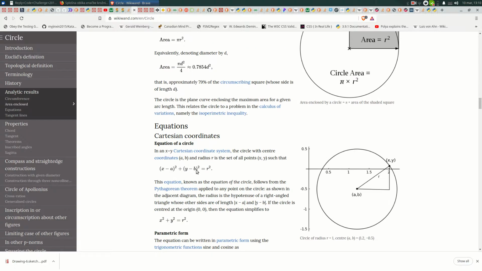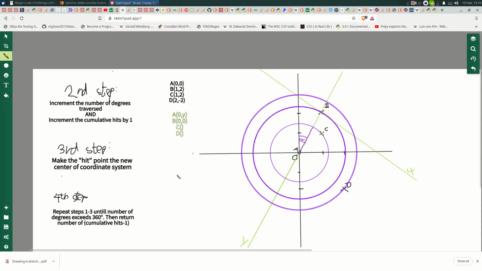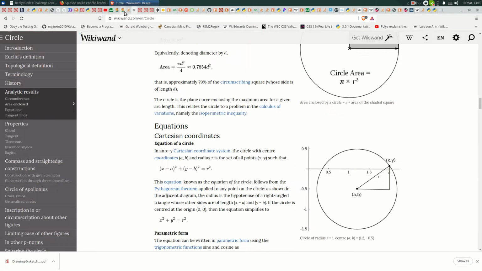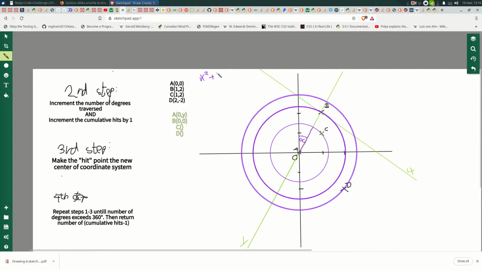Area, Cartesian coordinates, and the circle is always in the center, so it's x² + y² = r². That's the reality of our circles. So we say this is always x² plus y² is r². And the radius is the same as L from the step before, you know? So from the radius now,